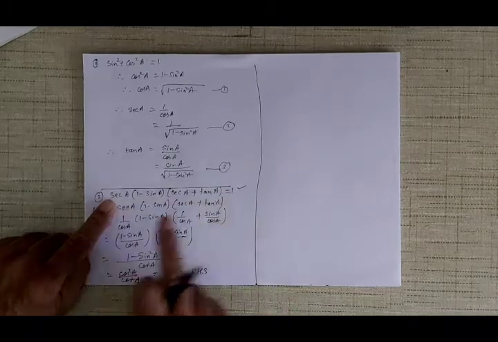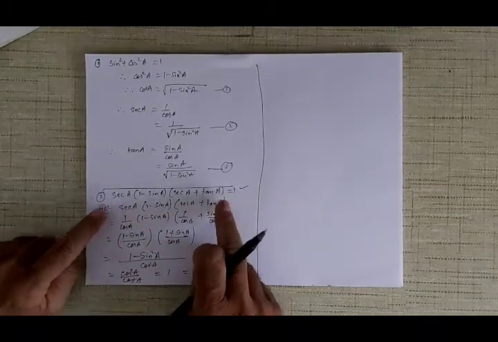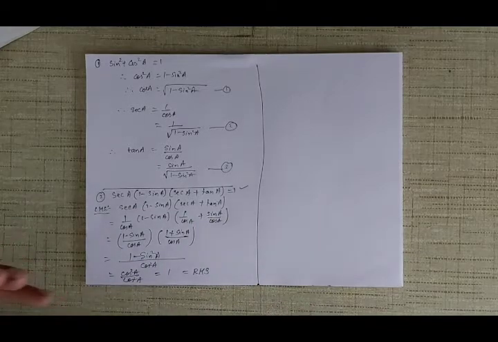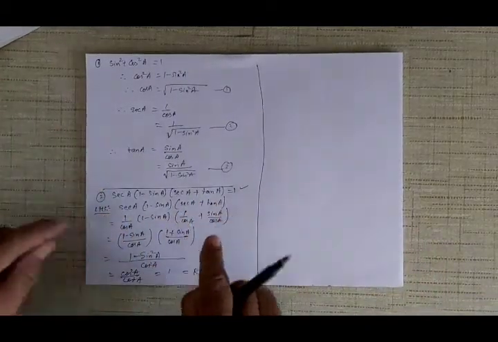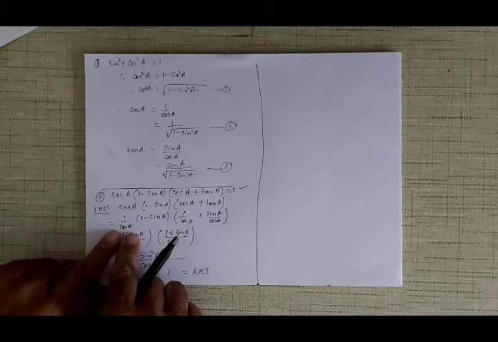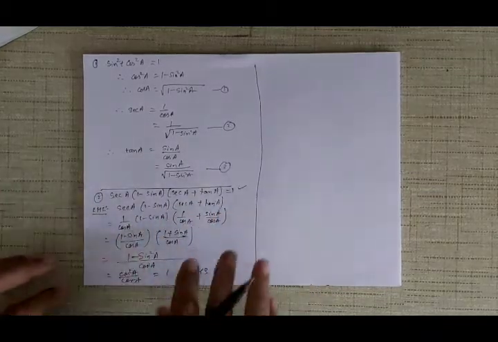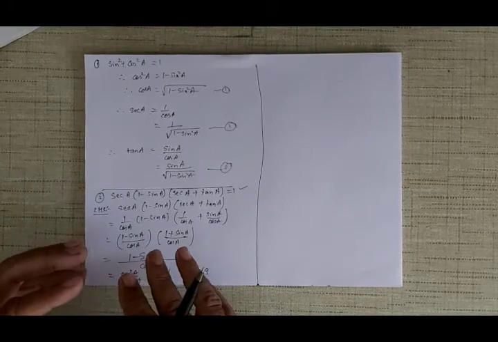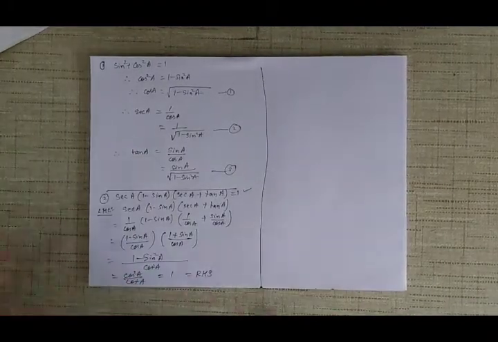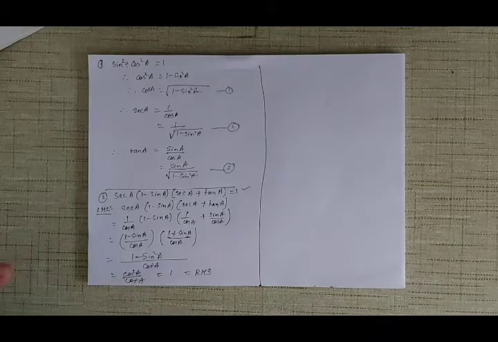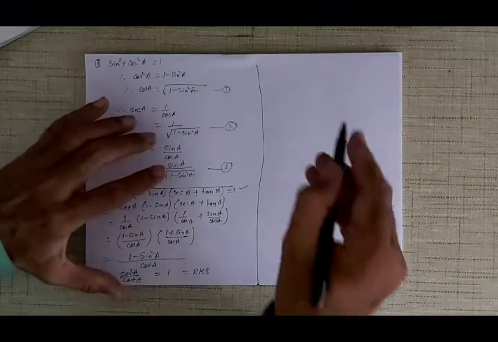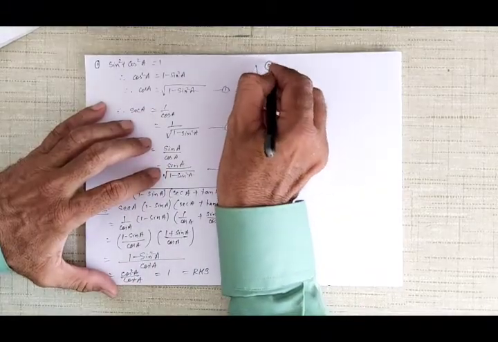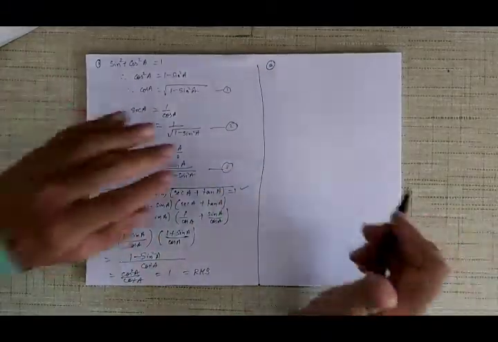So once again, we start with the left hand side, and we have to show it is equal to the right hand side. Prove that this is equal to 1. So we start with the left hand side. Now you have to use the combination. Remember I told you trigonometric identities, interrelationships and the algebraic formulas. This is where they are going to be useful. Convert sec into cos, tan also into sine and cos. Now everything is in terms of sine A and cos A. Now simplify using algebraic operations like LCM and so on, and then see what you get. Remember, there is no fixed formula for this. You have to use your head a little bit, and that will happen only with a little bit of practice. It won't happen overnight, but you will have to practice a little bit. Then you will get it.